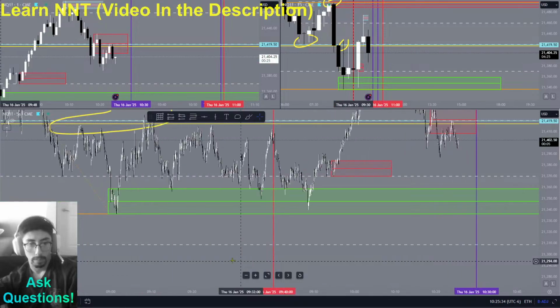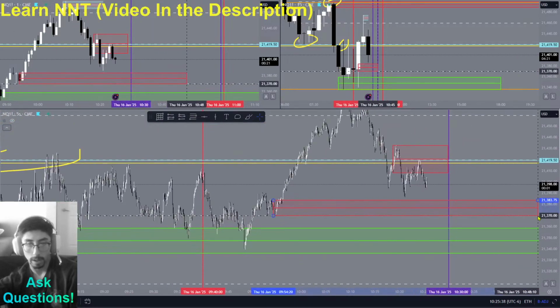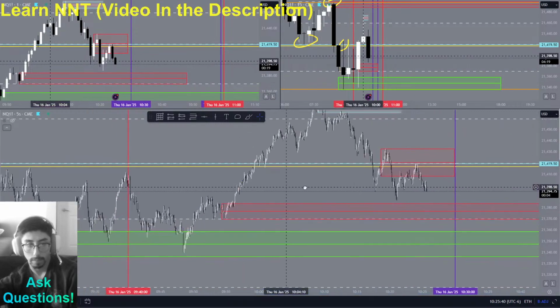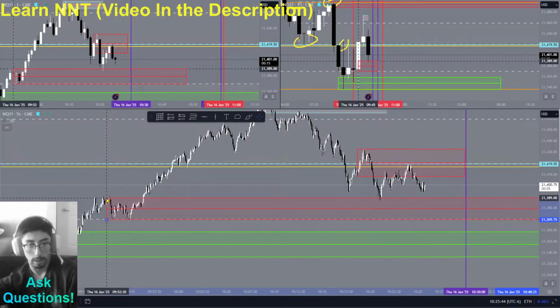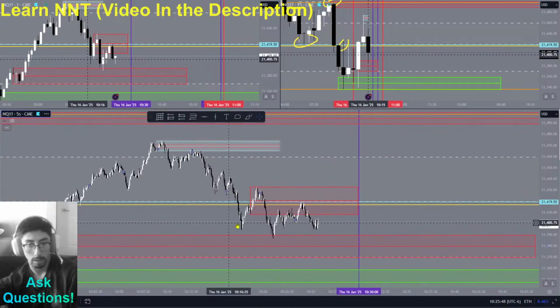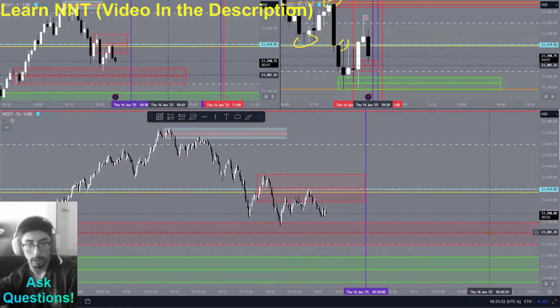We have some very strong zones below. Okay, let's see. Oh, this one, I forgot about it. Yeah, and we're respecting it too. Let's see here. Yeah, we're really respecting this. Okay. I'm not going to take this red zone, but